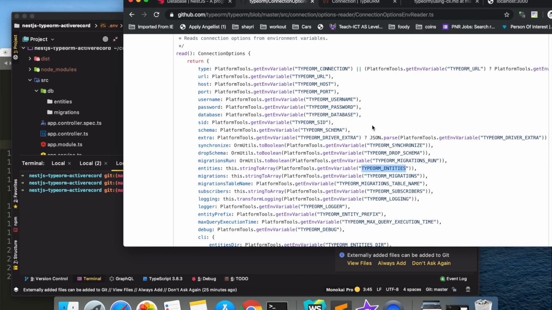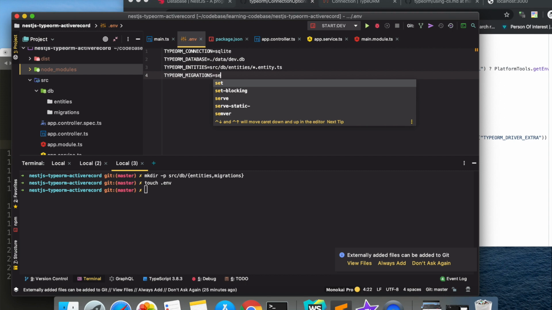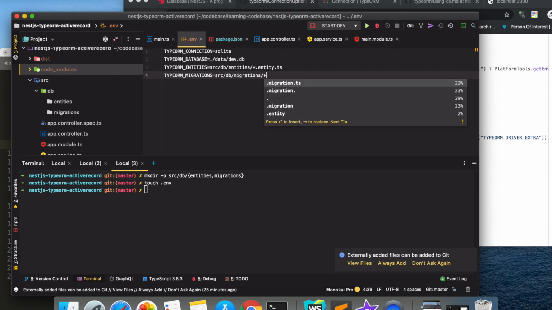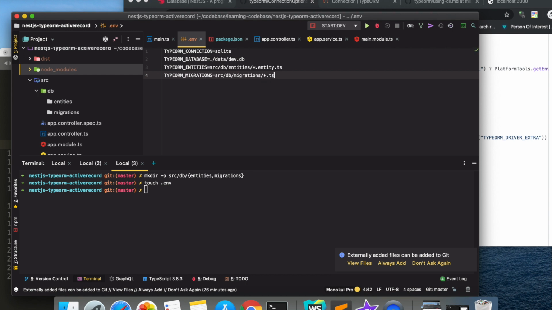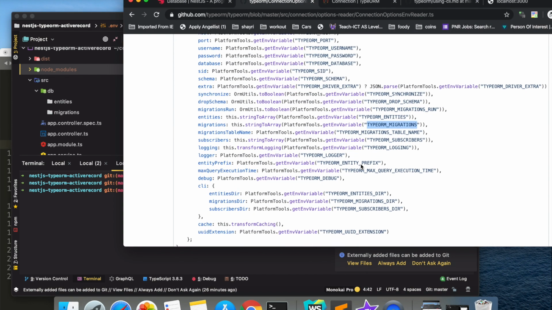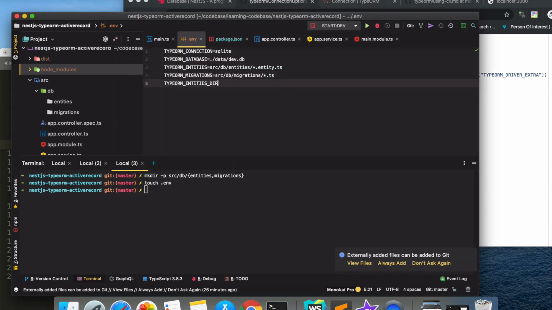Now the migrations. Again, for the migrations, we will include everything which is in our src/db/migrations directory, followed by star.ts. So basically any file in migrations which is a .ts file. The next one is the directory. So TYPEORM_ENTITIES_DIR: in this case, we provide the directory, not the file or the regex for the file.